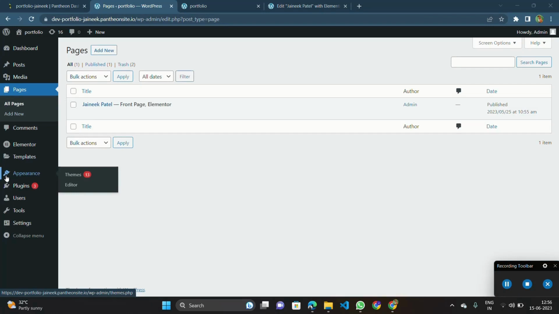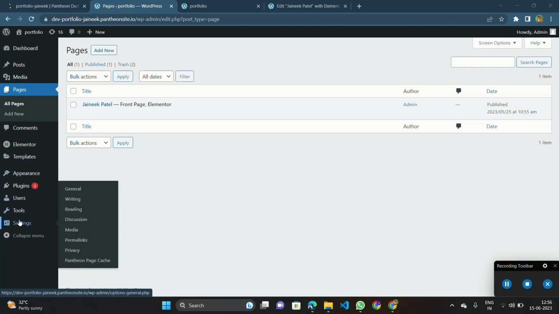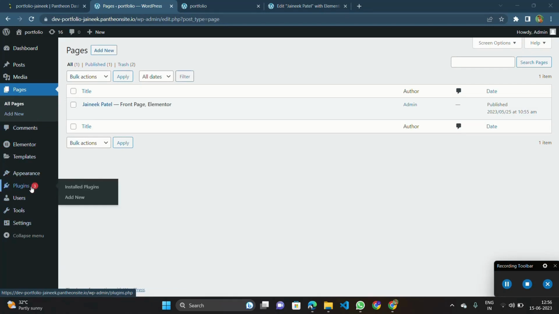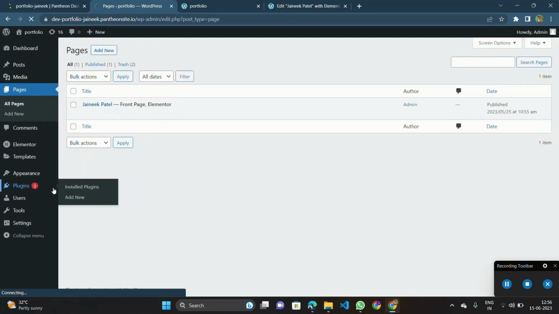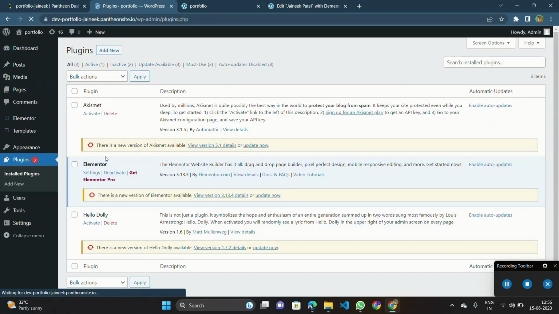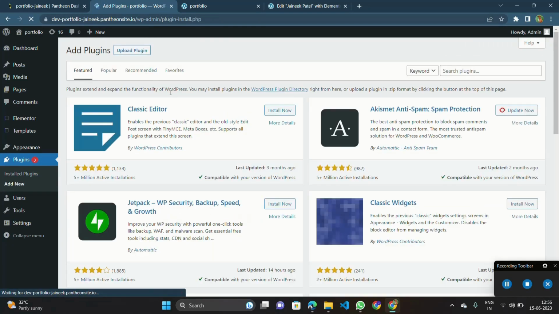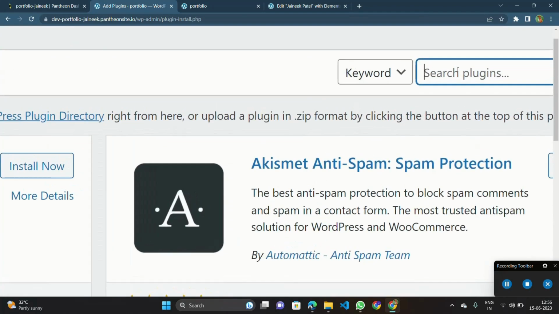So I have come to this page, and after that, I'll come here to the plugin section and click on it. After that, we have to click on add new. So we have to add a plugin. We will click on add new, and after that, search for